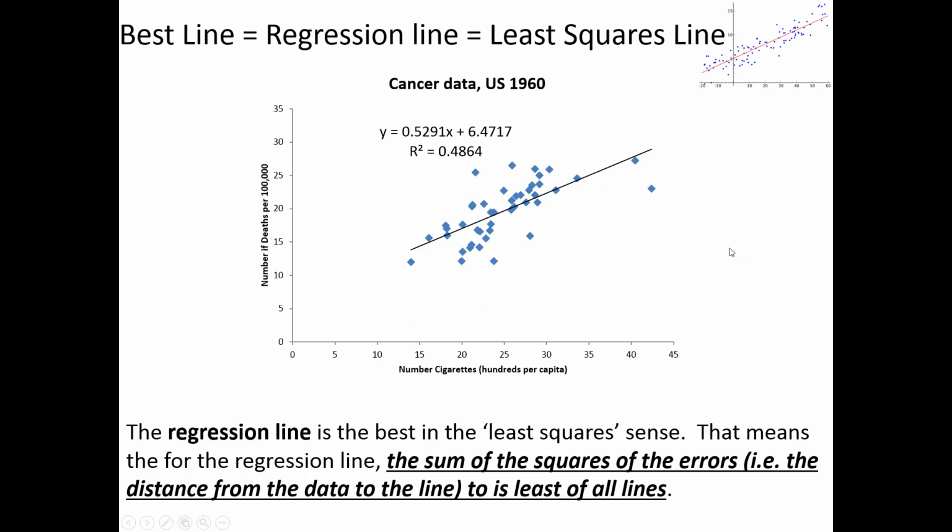So it turns out, and I will put the details for this on Campus Cruiser in a PDF file, you can go through a process that involves some calculus and some more advanced math than probably what you've been exposed to. But you can derive the regression coefficients of the slope and the intercept using this technique called least squares. This line is a unique line, meaning there's only one regression or best fit line, and to find that line we use a process called